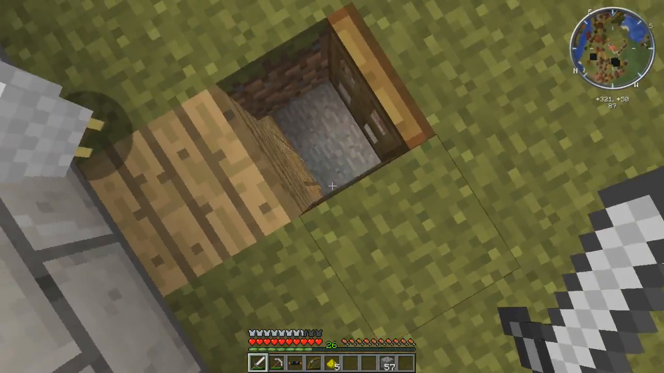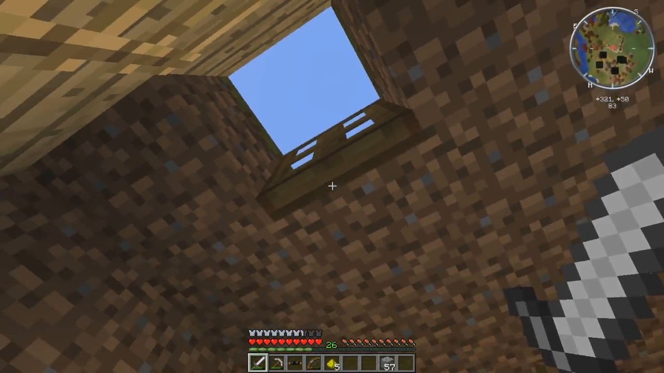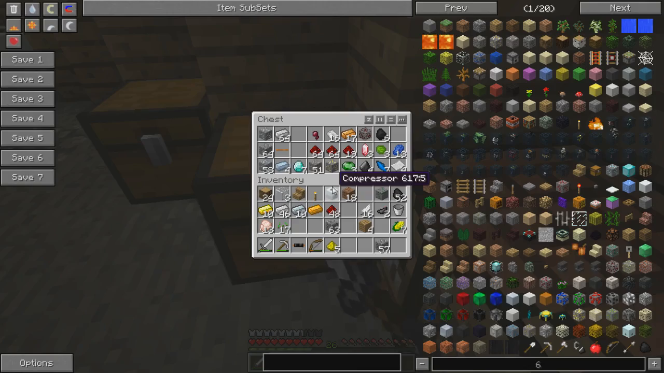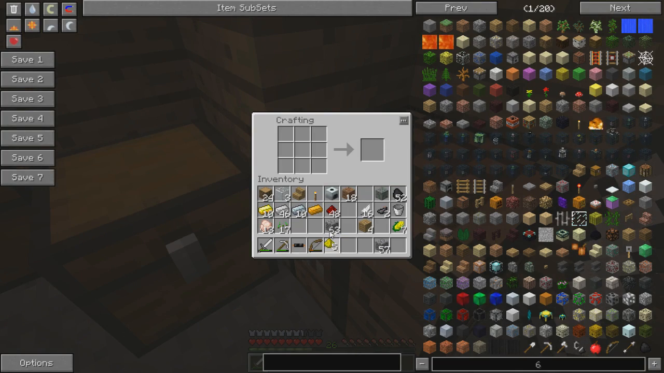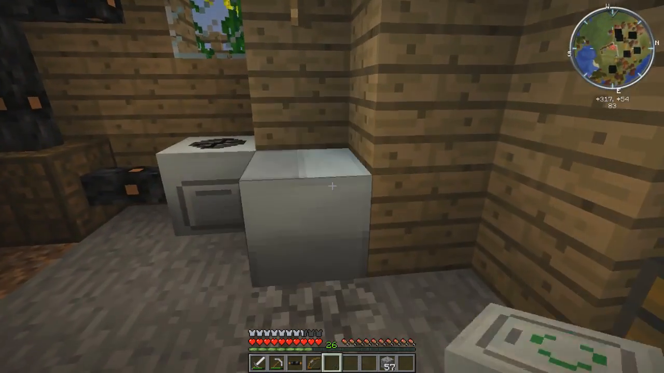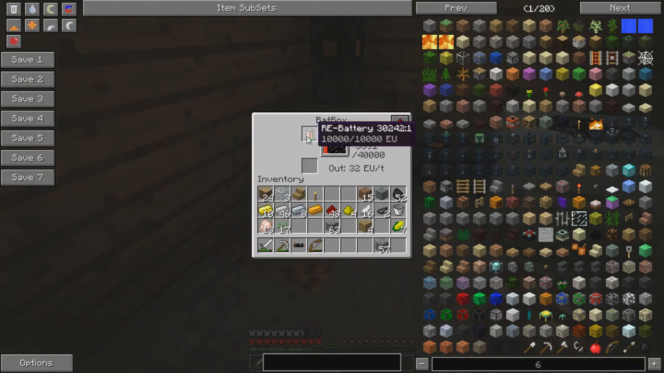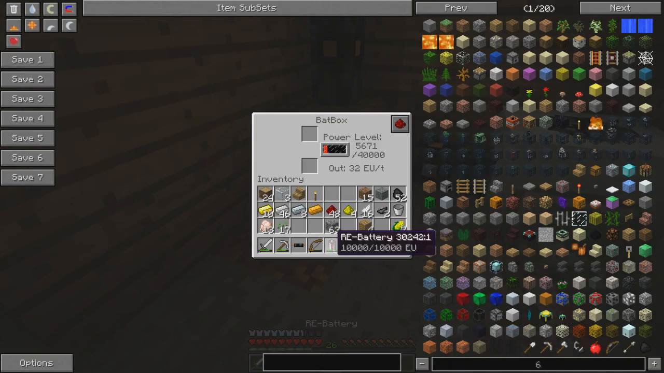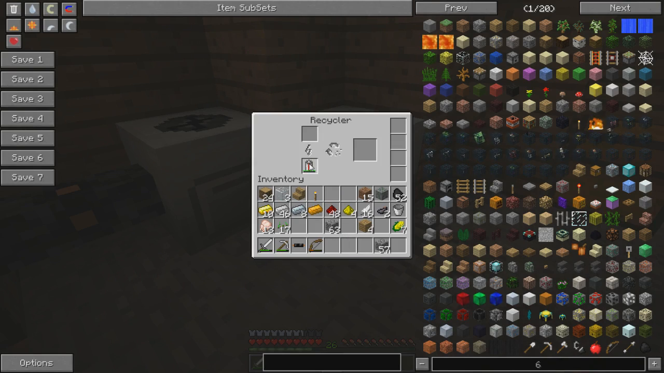And we're going to go back down here, and okay, crafting table. So it was this, 3 dirt, 2 refined iron, and the compressor. And that creates a recycler. I'm going to put my recycler over here, and I have an extra rechargeable battery here that we'll use to power the recycler. And basically, if you don't know what a recycler does,